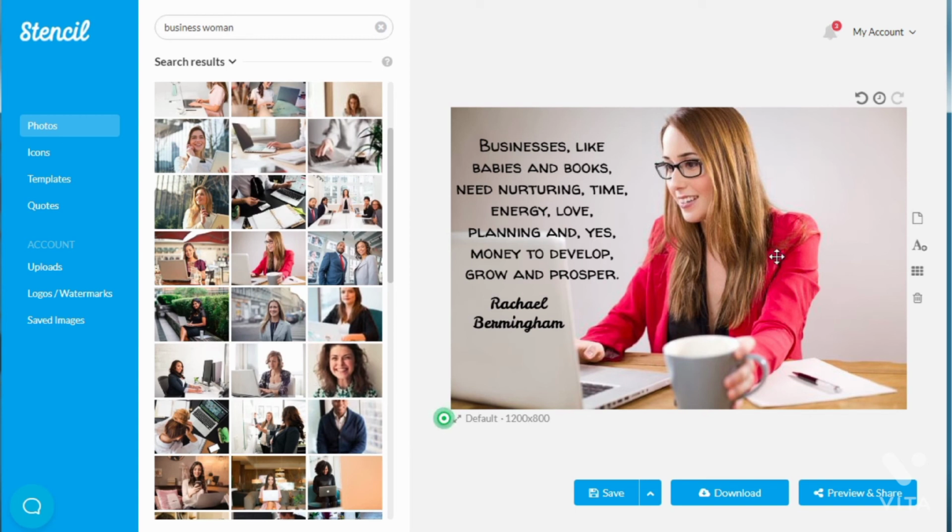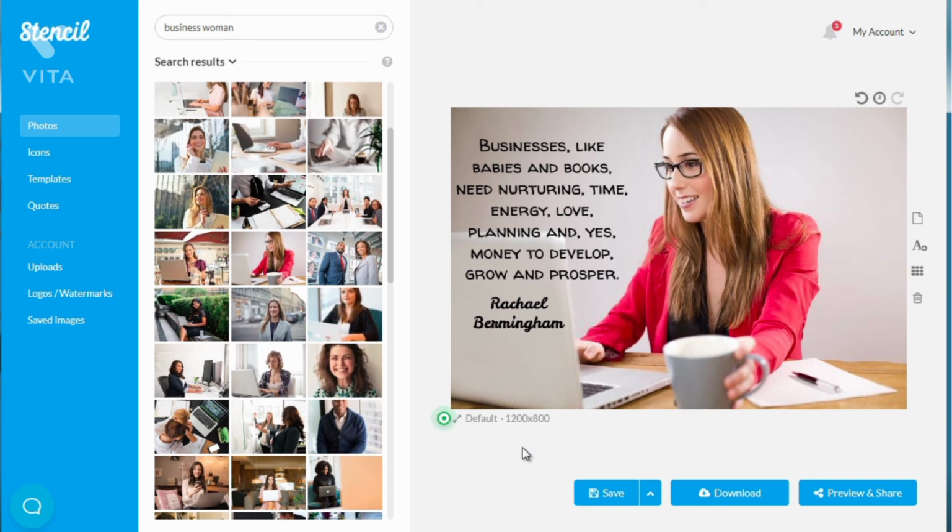Okay, so once you like it, all you have to do is click save or save it to a collection, which is basically like a folder, or you can click download and then upload that to Facebook. Now, what's really cool about GetStencil is they have a feature where once you have all the images created, you can use their share feature and connect it to your Facebook fan page.